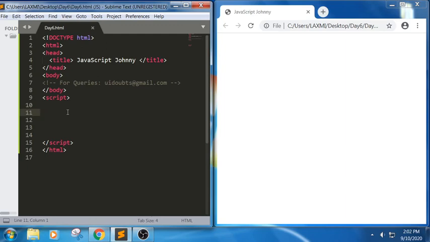In our previous sessions, we have discussed the inbuilt functions like alert, prompt, confirm, console.log. These are all the inbuilt functions. In JavaScript, we can also create our own functions as well. What is the use of a function? In today's session, we will try to learn the complete concepts based upon functions.